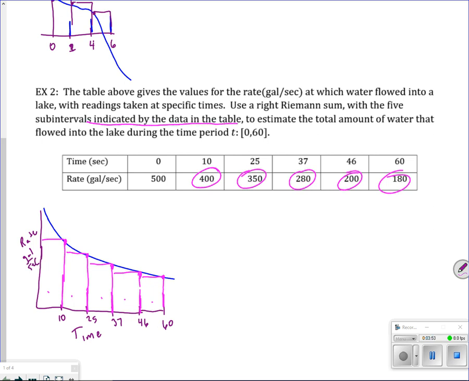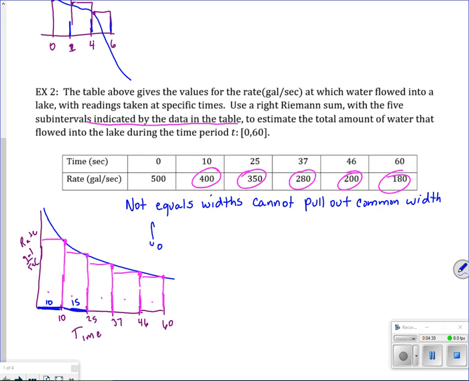So when you're going for the width of this first box, what is the width of that box? That width is 10. What is the width of this box? That's 15. So that's what it means by indicated by the table. The widths aren't the same. So if there are not equal widths, you can't pull out a common width if it's not common. Okay? So you cannot pull out a common width, because there isn't a common one. So you have to do this